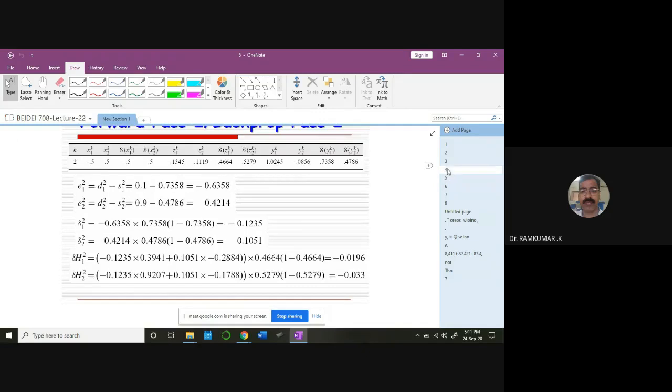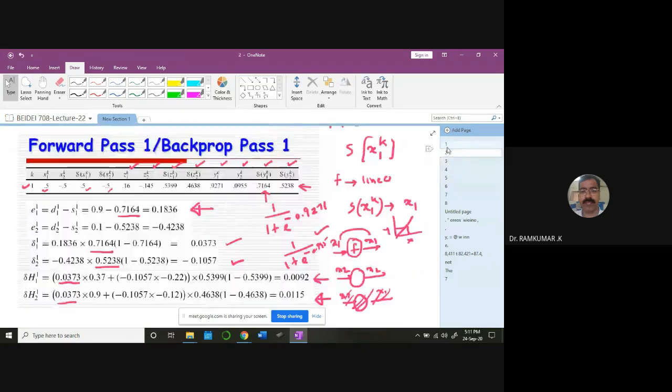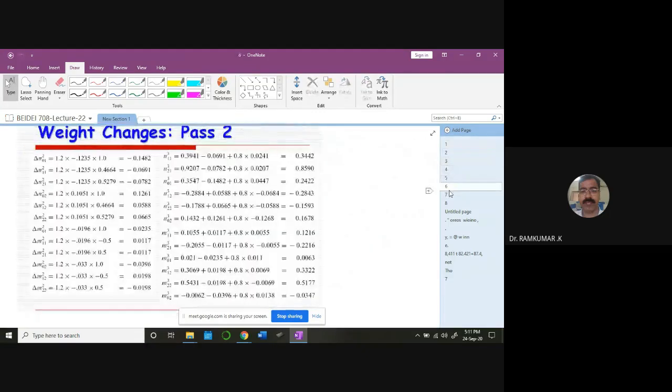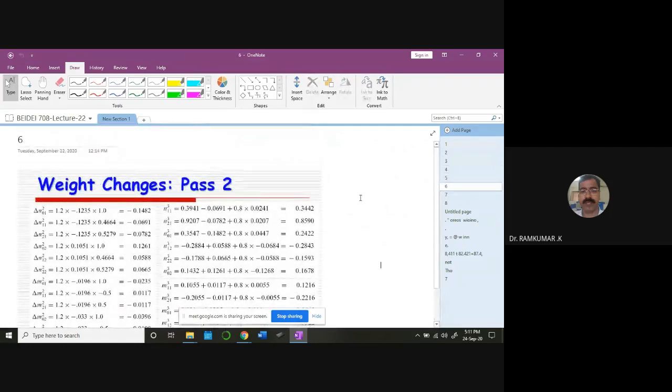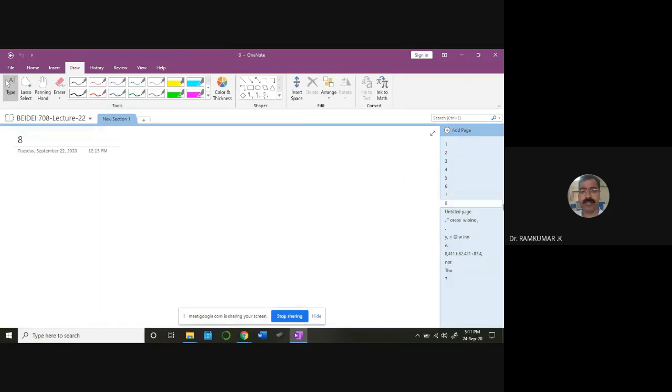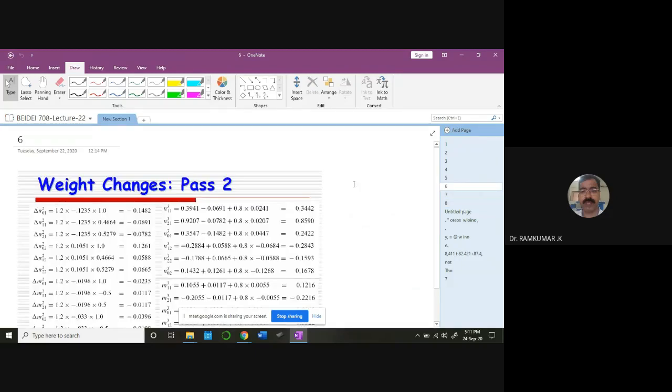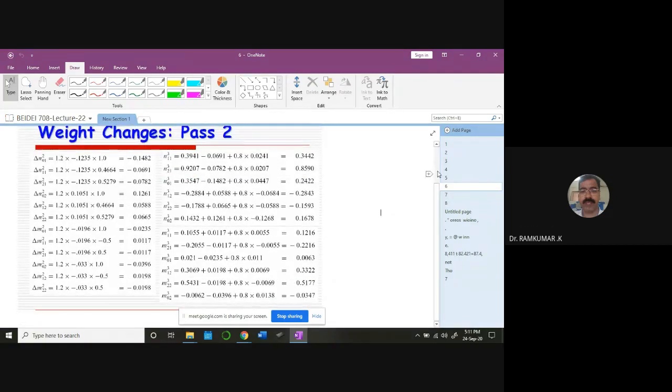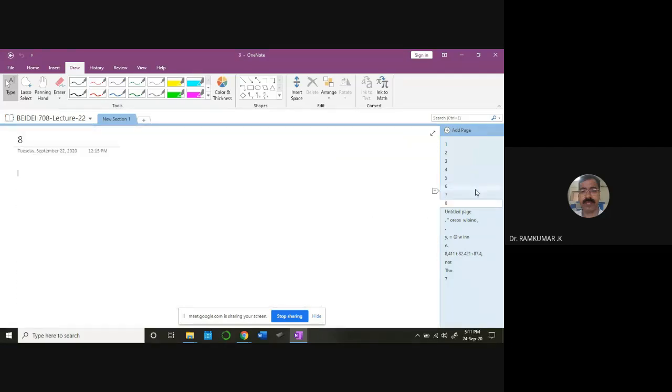What is this kind of learning? It's pattern-based learning, not batch learning. So this kind of learning is called pattern-based learning. Batch learning means you apply all the patterns for the same initial set of weights, and then finally you update. You understand the difference? So that's batch-wise learning. Pattern-wise learning means you update the weight once for each pattern, and then you apply the second pattern, again update the weight, again apply the next pattern, so that you'll be working pattern-wise. Okay.